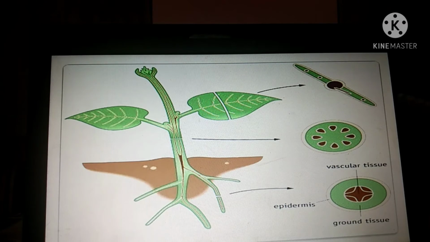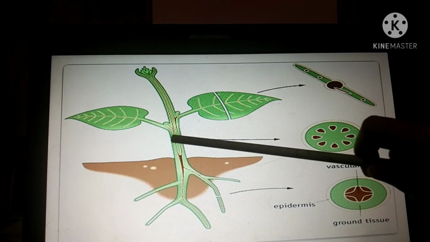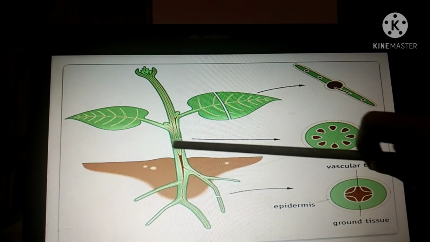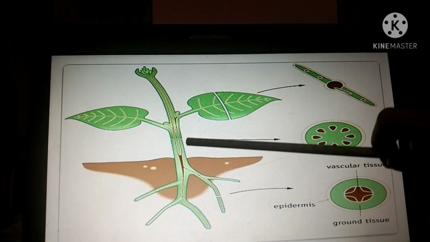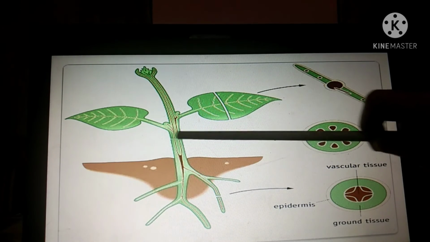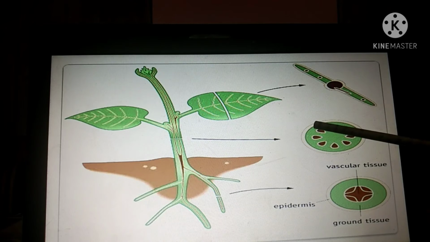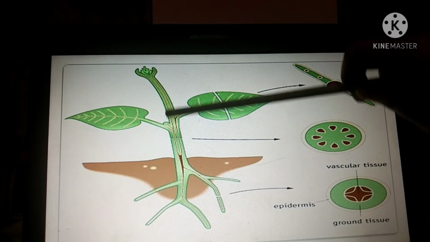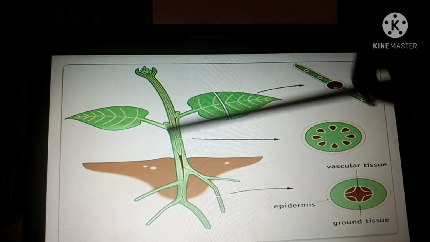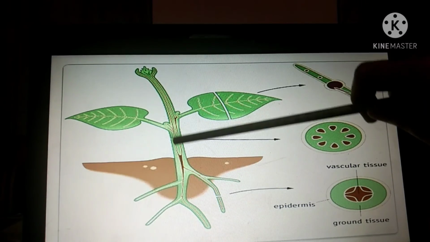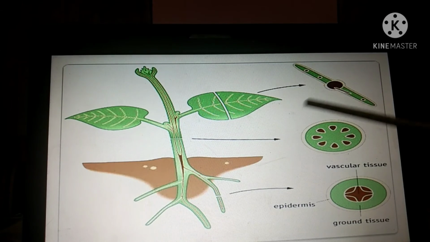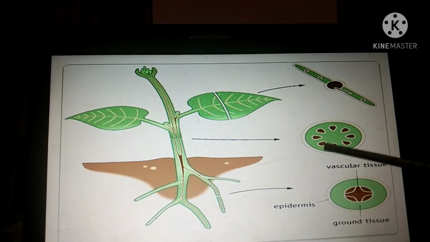I think you understood this. This is the cross section of this part. That means this part is cut. In this small part you can see a slit here. This part is cut and shown here. These are the different pipe-like structures. You can see there are two pipes here. One pipe goes this way, one pipe goes this way. When you cut it and see it in a round structure, these are the pipes. They will carry water and minerals.